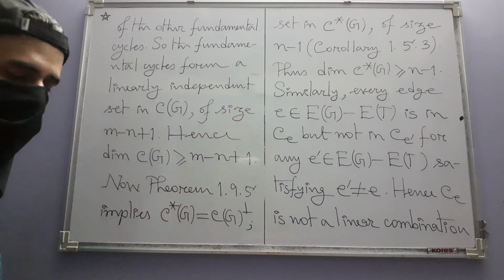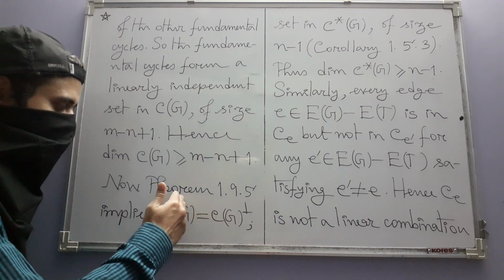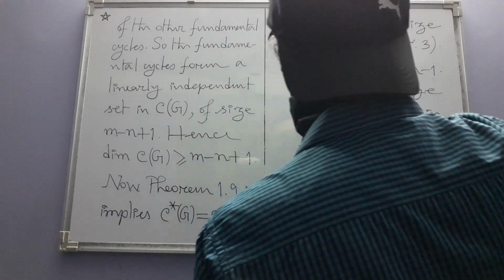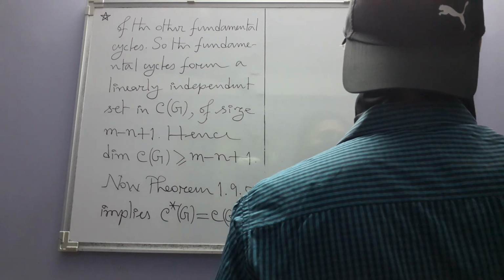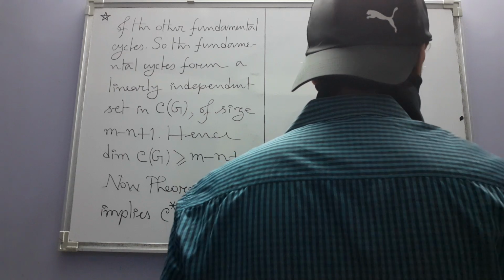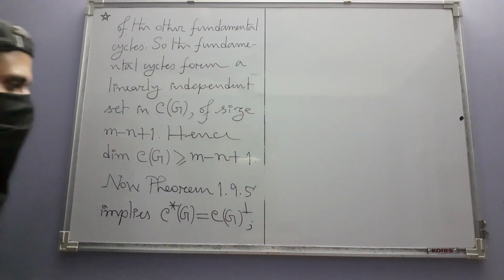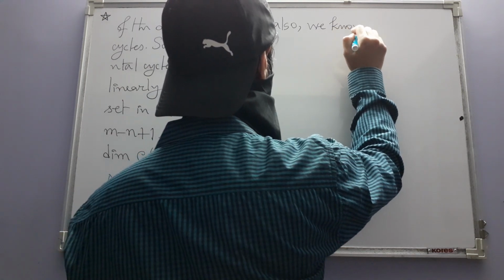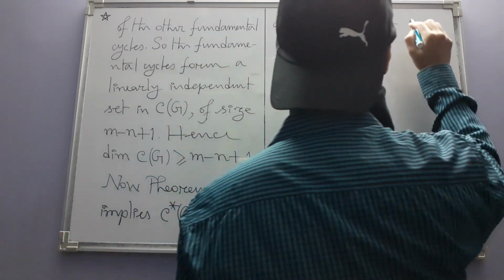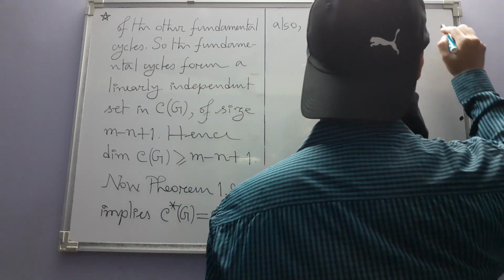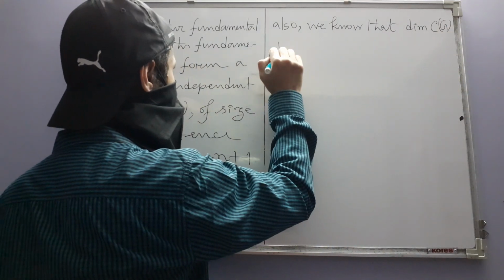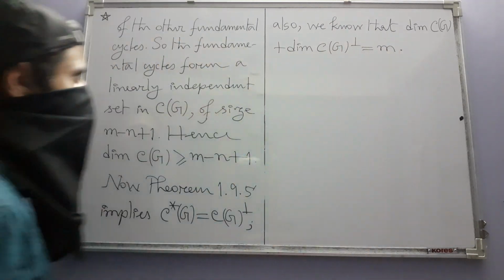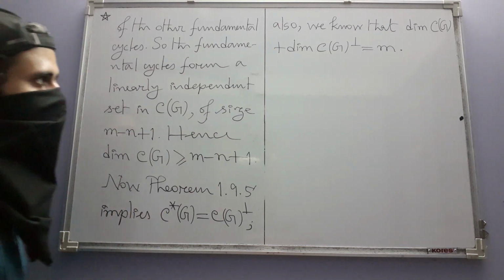This is what theorem 195 says, besides also saying that the orthogonal complement of C star is also C. Also, we know that the dimension of C of G plus the dimension of its orthogonal complement is M. So now you combine these two things, hence